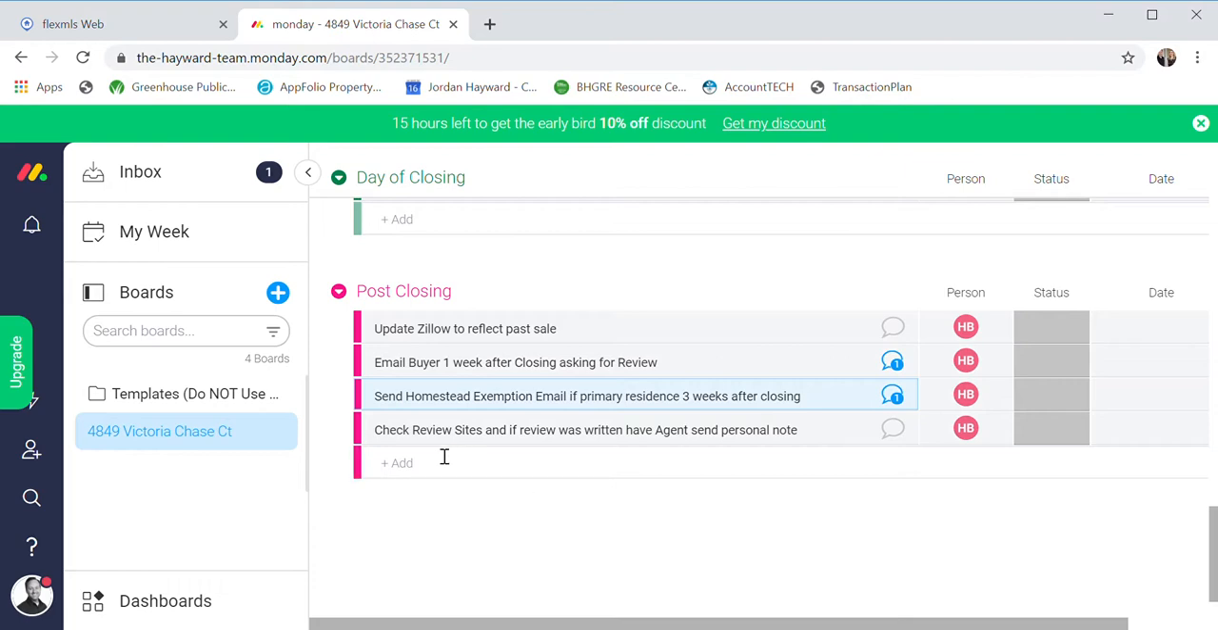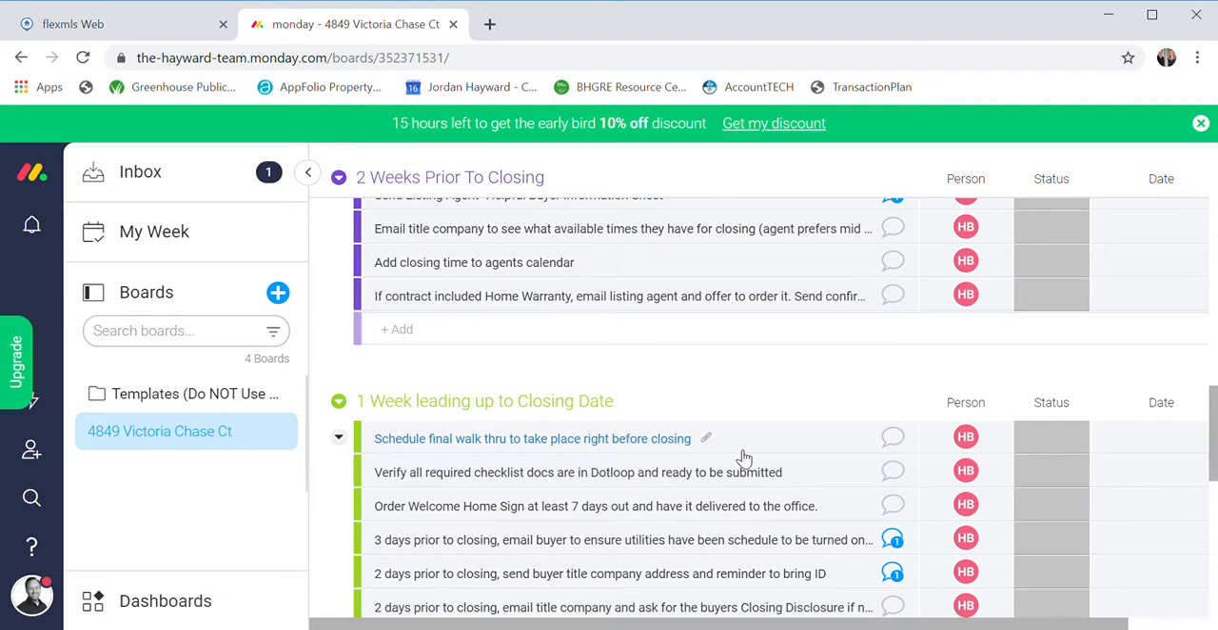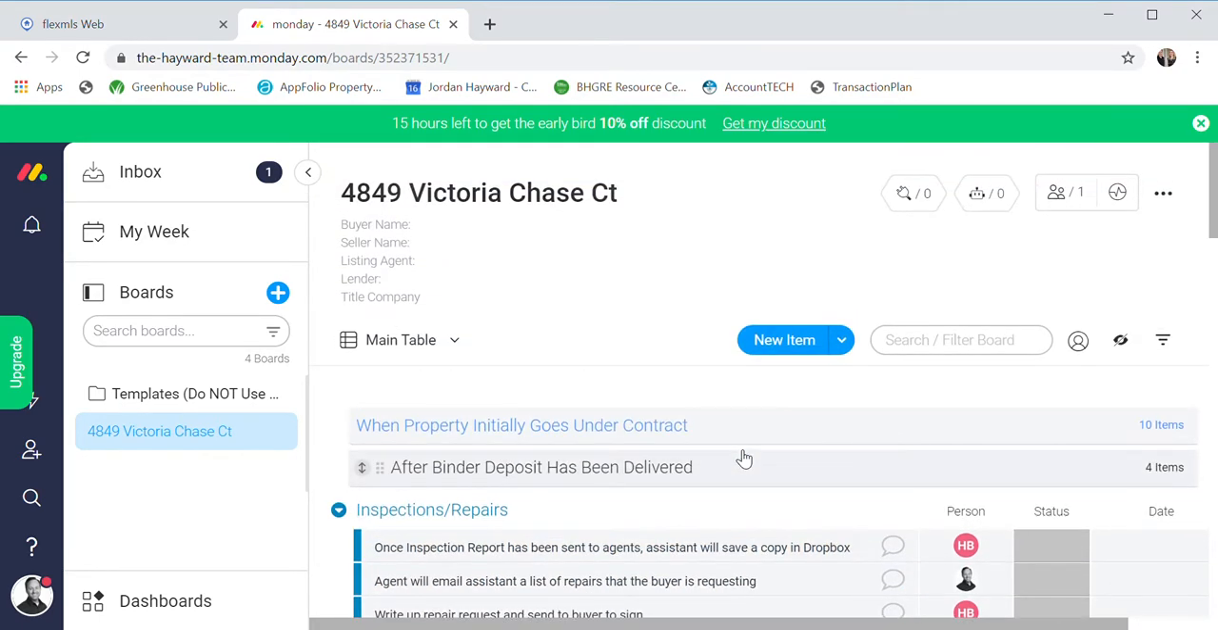you'll check the review sites to see if a review was written, maybe about a week after you initially send the review email out. And if they did, then you'll just inform the agent so that we can then send them a personal note. That's it for now on this, but I plan on updating it if there's things that we want to add to our process,